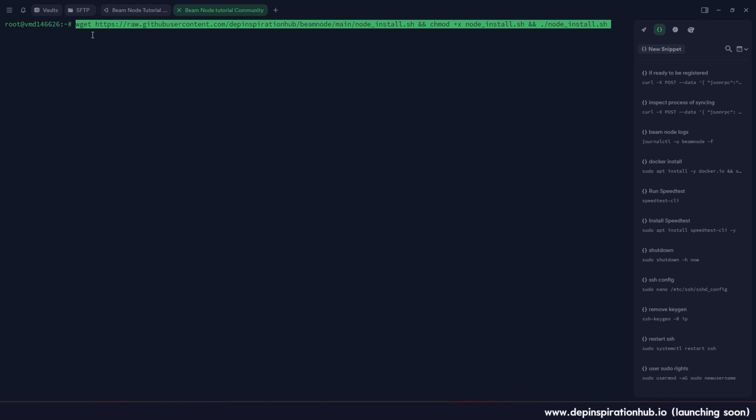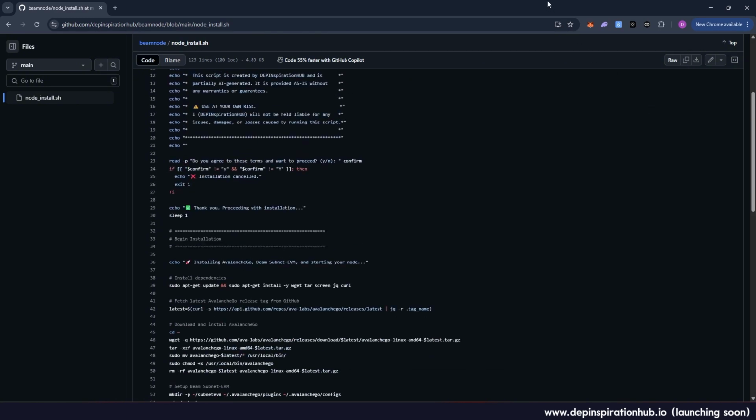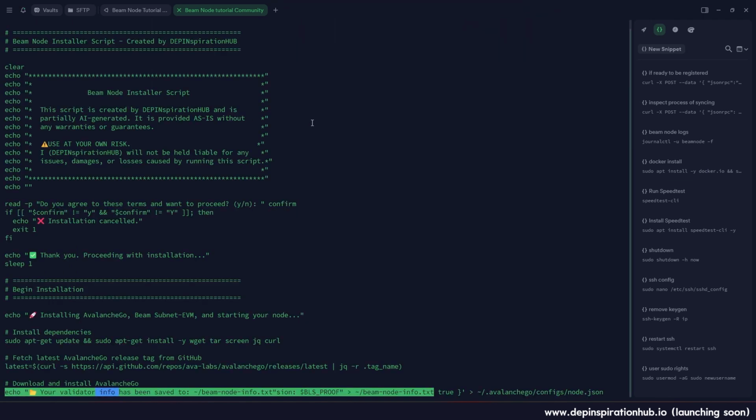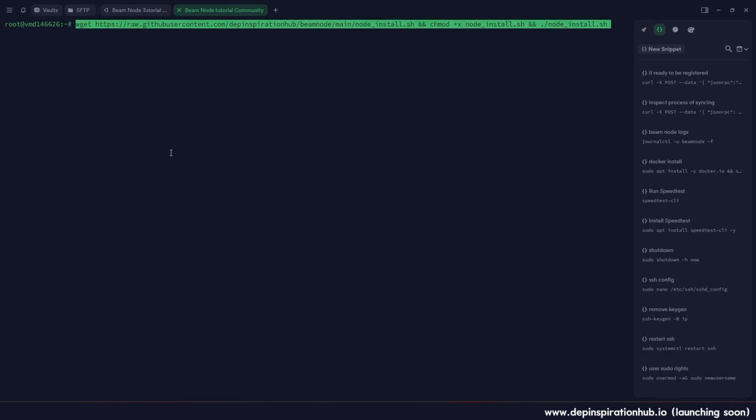If you do not want to use wget to pull the script, you can also come to my GitHub repository, just press copy here to copy the raw file or all the commands that we have here, come into your VPS server and just paste all the commands. It's technically going to do the same thing, but I just go for the one-line script because it's way cleaner. So just put in the one-line command script that I'm going to provide also for you guys and just press